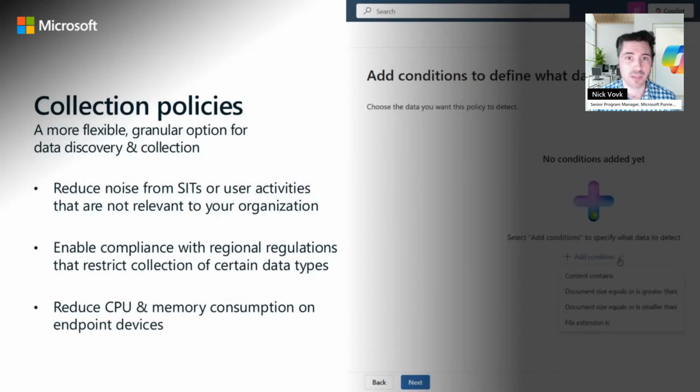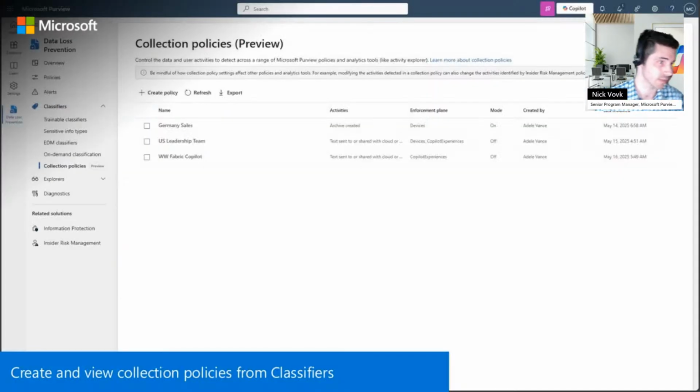So for granularity, think about the ability to scope auditing activities for US-based employees only, or for noise, some organizations have specific SIT or activities that get captured excessively, like conflating account numbers with an Australia driver's license number, for instance. If we go to the next slide,